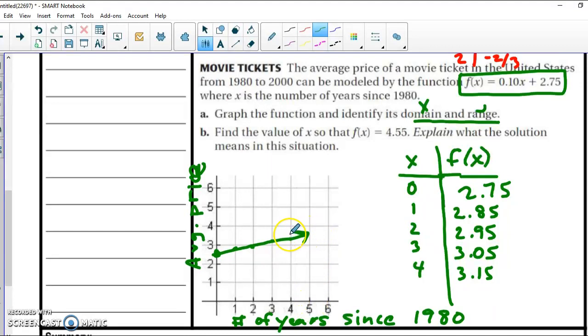So this graph would really continue here. Now, if I were to graph this all the way to 2000, then what my domain would look like, so I'm going to use D to represent my domain, would be all of the numbers from 0 up to 20, right? So the way I write that